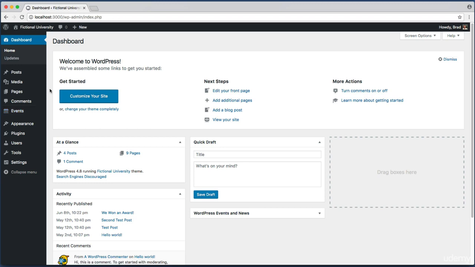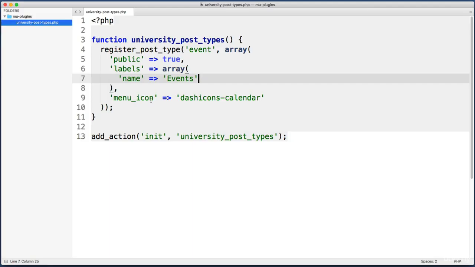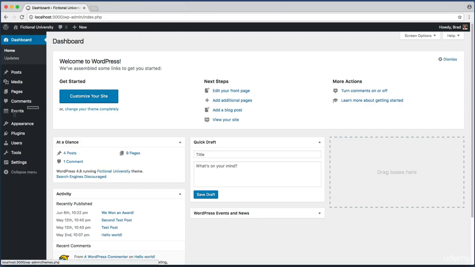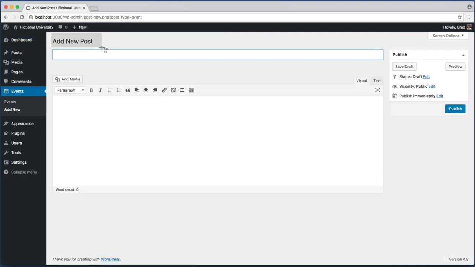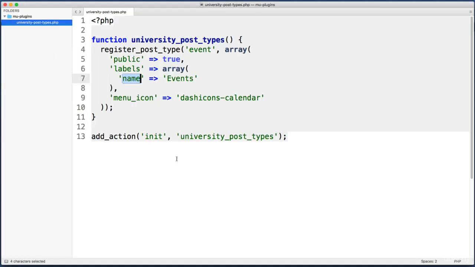Now before we bring this lesson to a close, I want to circle back to this labels array. So far, we've only addressed the parameter named name, right? And that's what controls the name in the sidebar, so we see events. But when I try to create a new event, you might have noticed that up here towards the top, it reads add new post. But I would prefer it say add new event. So back in our text editor,